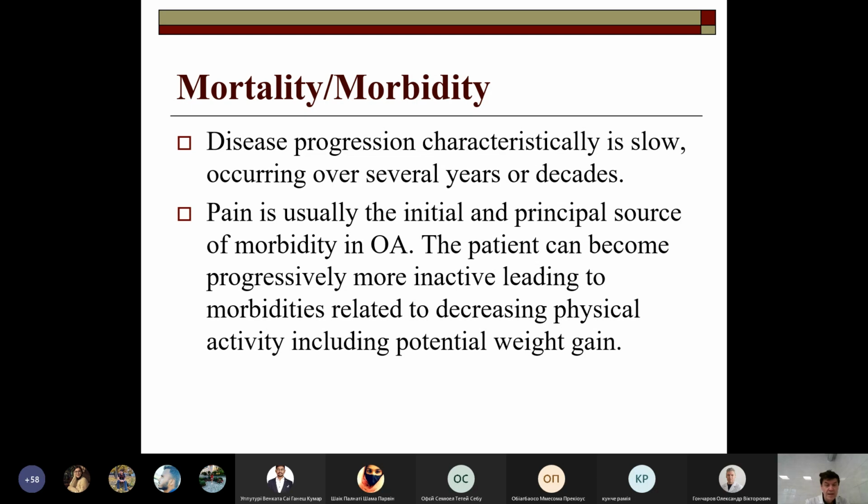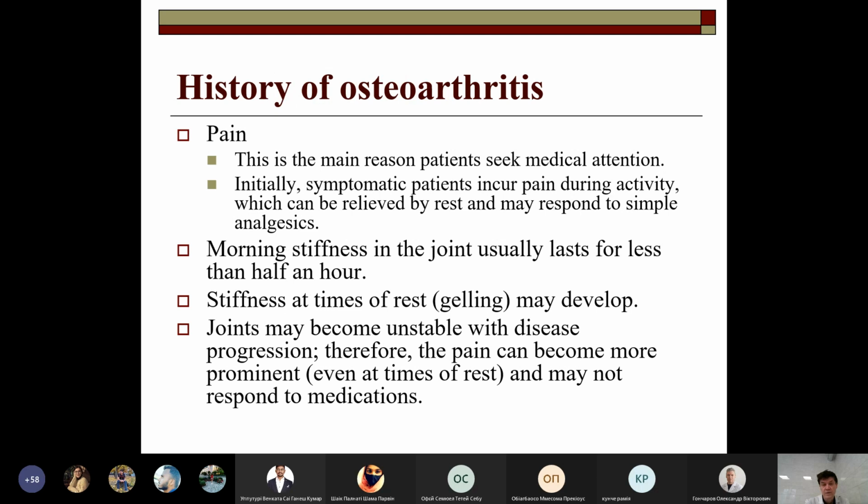So on the next slide, you can see the history of osteoarthritis. Let me clearly explain in which way and to what extent all the elements of the history can be incorporated into the anamnesis of the patient with osteoarthritis established by the physician. So first of all, pain. The pain is of global interest to the physician, because it is the main reason for the complaints of patients having an established diagnosis of this disease, and the pain is the global